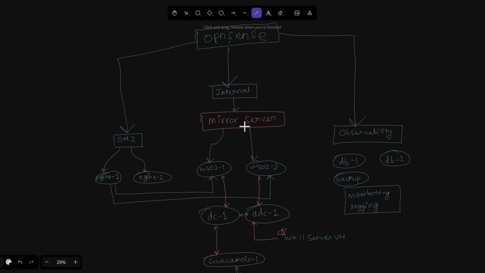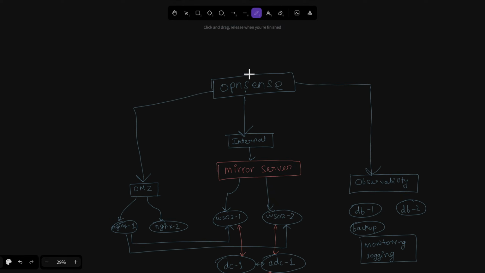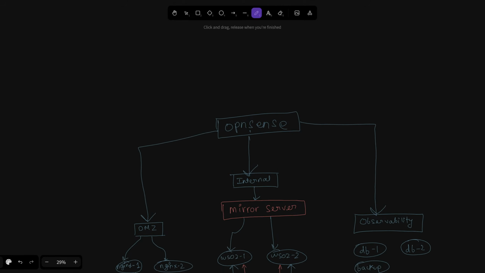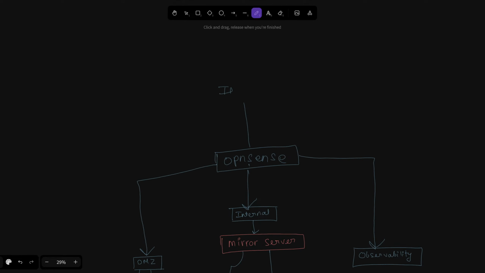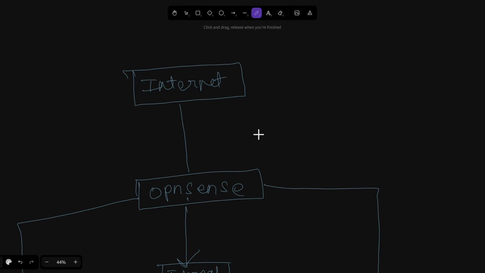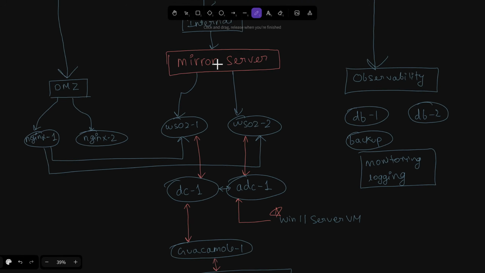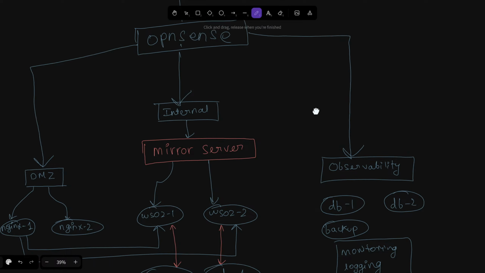You need to ask yourself, how will you cut off the internet? I'll basically make a firewall rule that nothing goes beyond this internal server. The firewall will just block everything. You can't access the internet. And this is connected to the internet right here. So this is the complete picture, a system diagram.